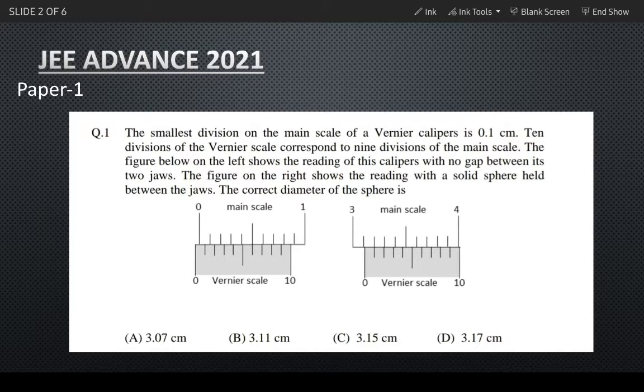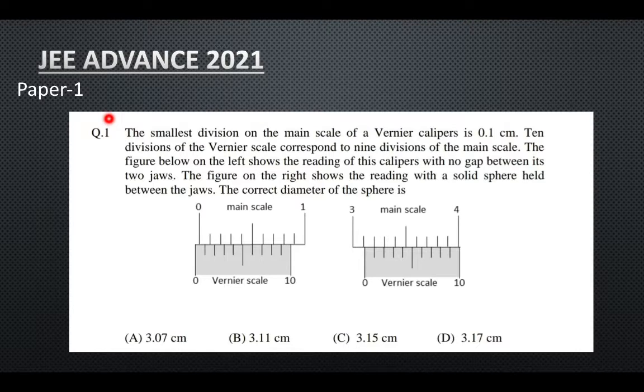So today we are going to look at one of the questions of JEE Advanced 2021 paper 1. Although being an easy question, many students got their answers way different from those given in the options below. And this was because of a silly mistake made by them in the final step. So this is a JEE Advanced 2021 paper 1 question.